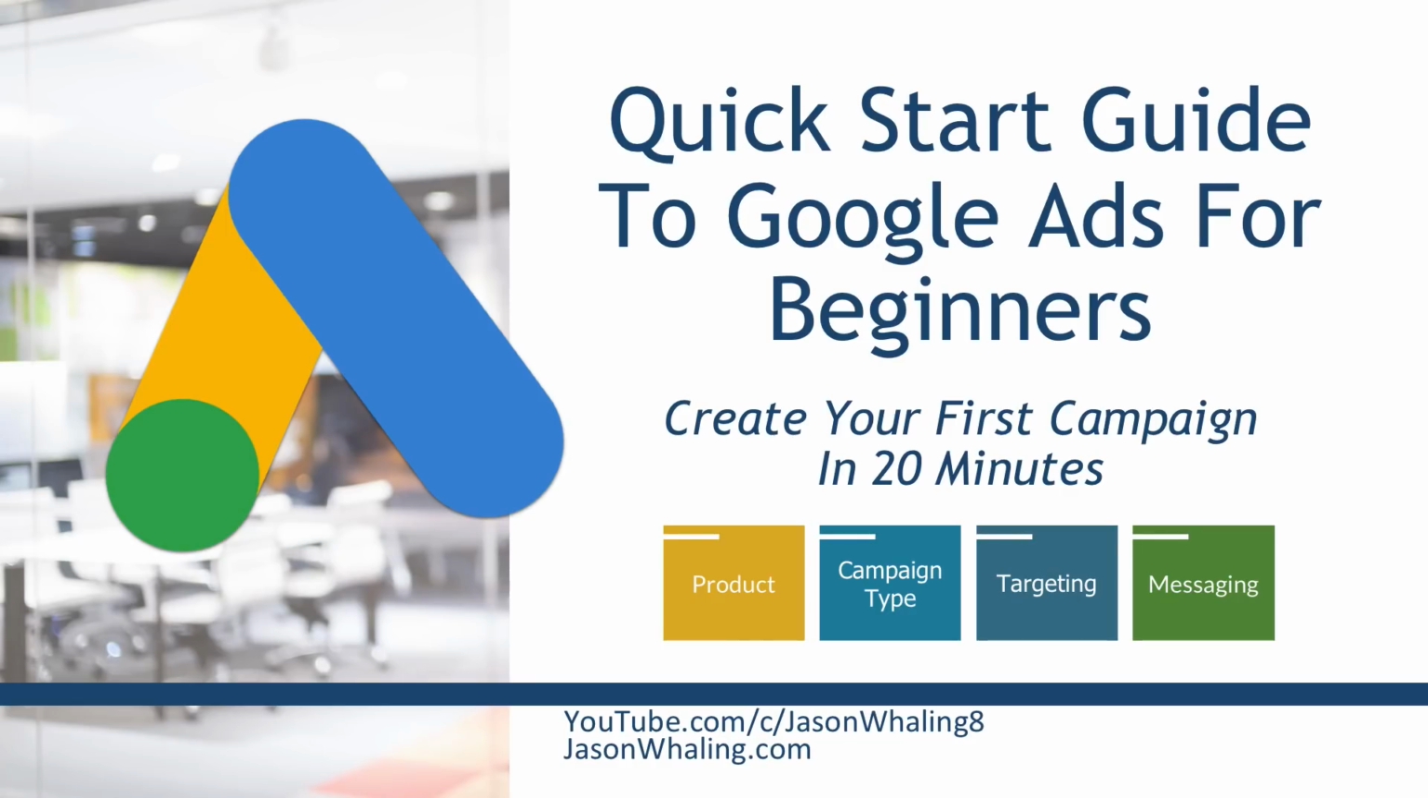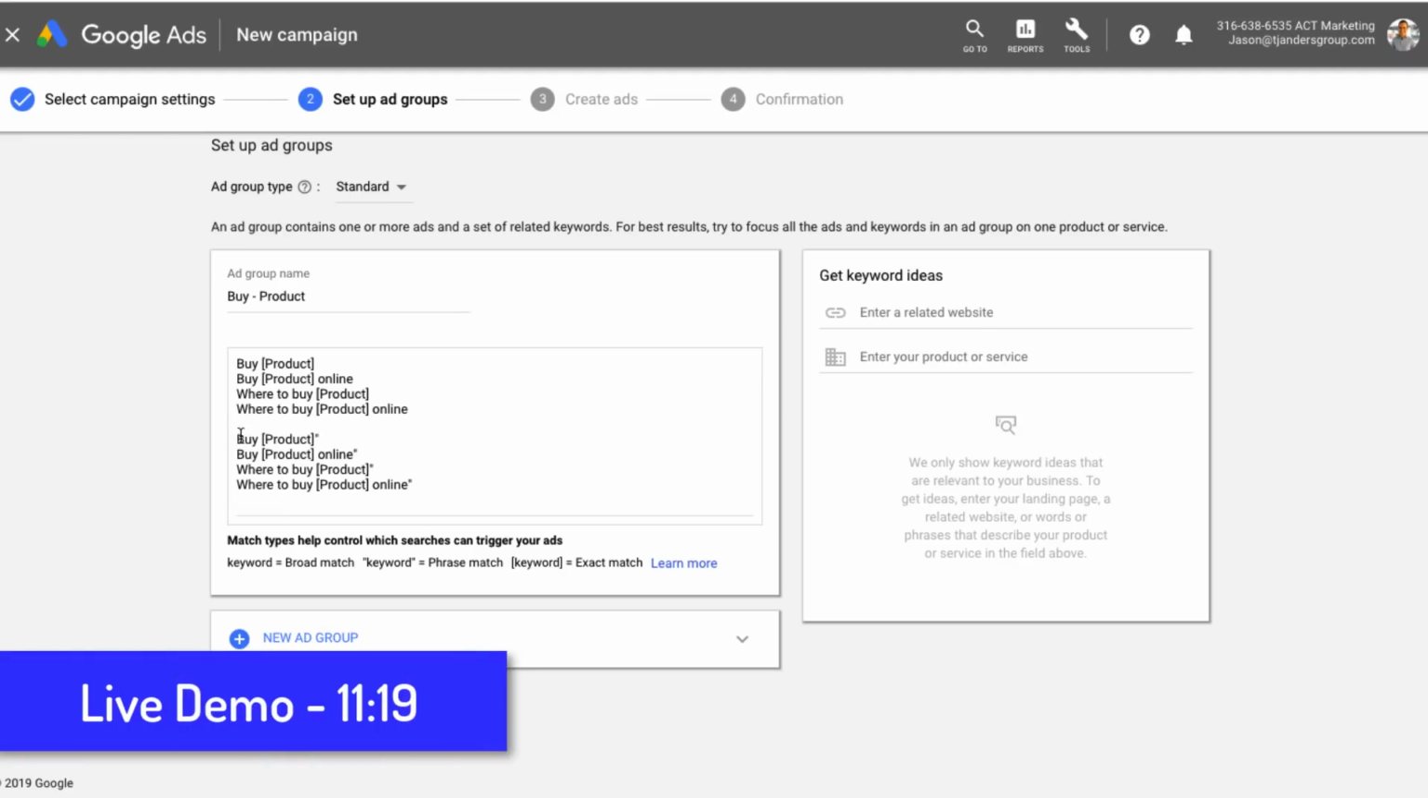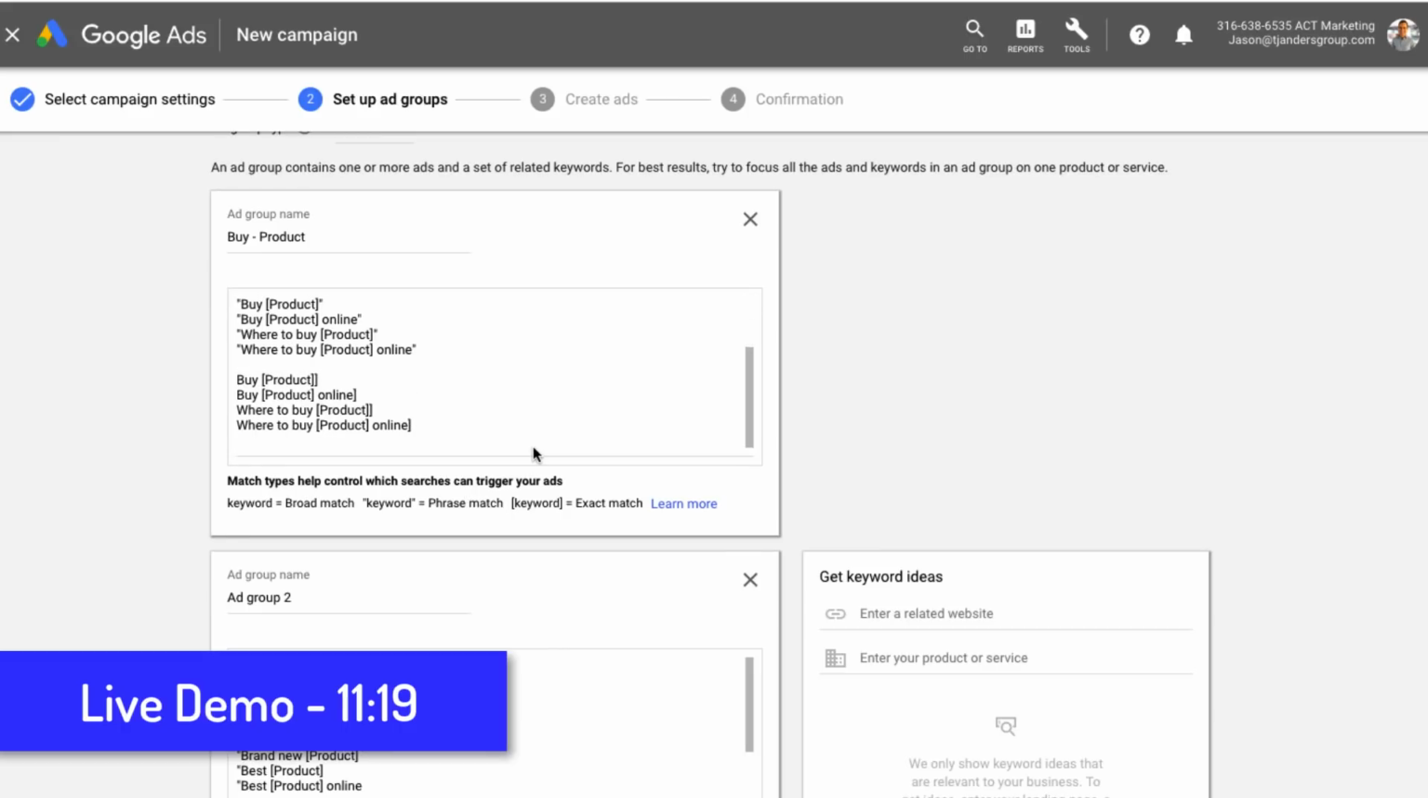to get up and running with your first Google search or display campaign in less than 20 minutes. So we're going to be going through how to choose what to advertise, we're going to go through how to figure out your targeting and your messaging, and then at the end, we'll dive into my screen and I'll walk you through click by click everything you need to know to getting up and running properly with your first Google